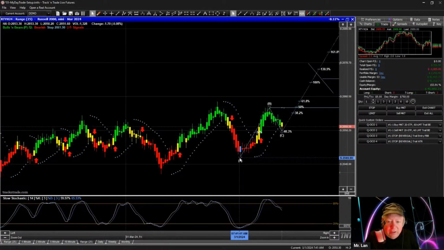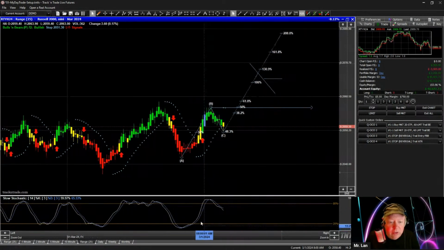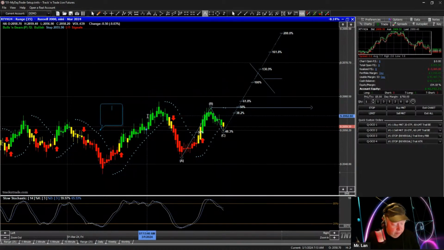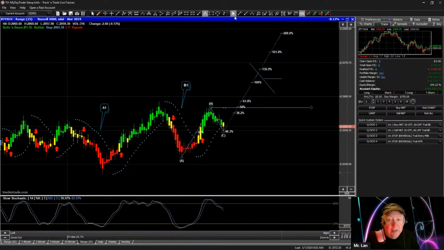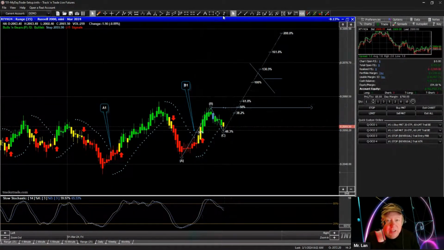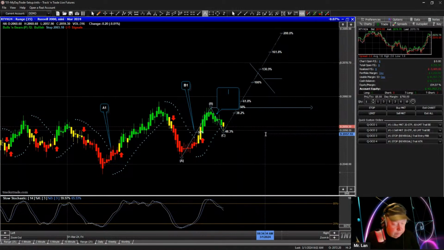So now we are labeling, right? So this is where you label. We're going to come in here and label this. This is your A1. This is your B1. So this is A1 right here, crossover. This is your B1 down in here. That means we're coming in and breaking those blue lights. That means we're anticipating a C1 right here, right? So if this is C1,